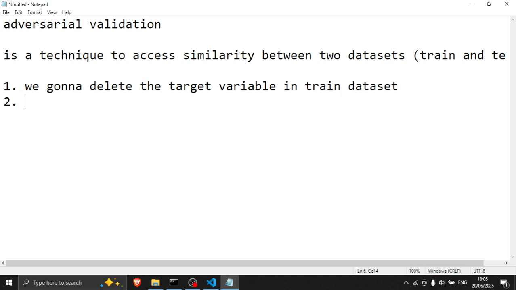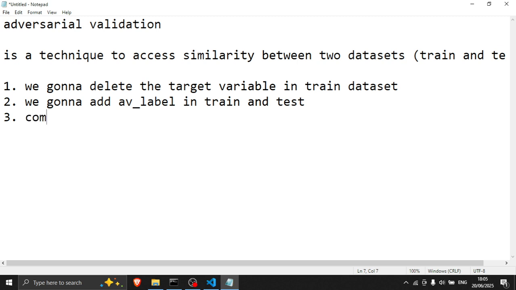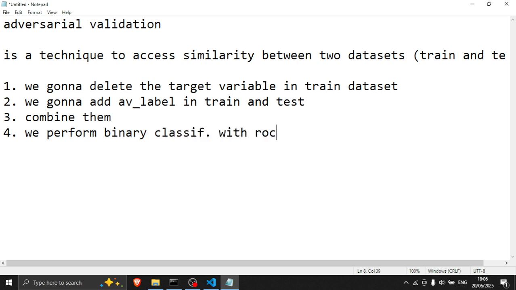Number 2, we're going to add a label in train and test. I will explain what the AV label is later. Number 3, of course, we're going to combine them. And the last, number 4, we perform binary classification with ROC AUC as the evaluation metric. Okay, let's jump into the code.